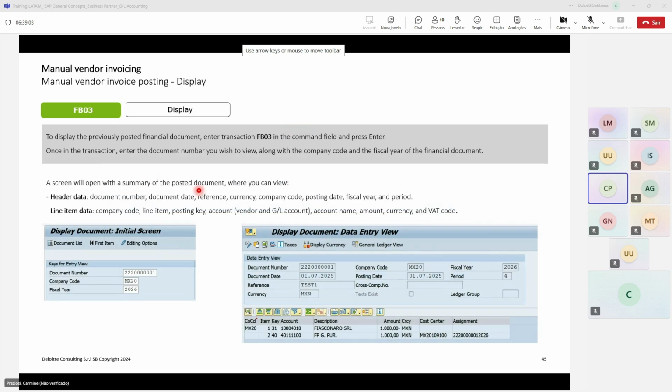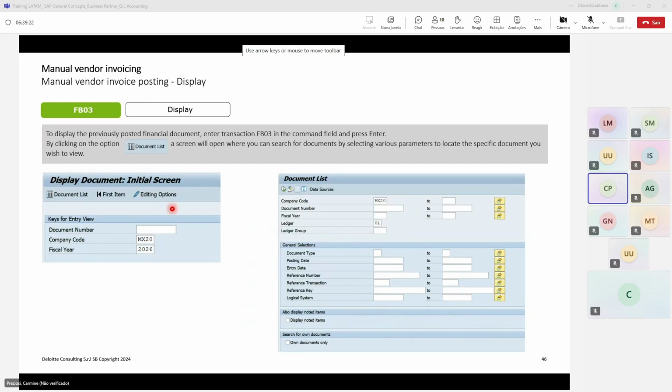After, there is a specific transaction code in order to display the accounting document, FB03. By this transaction code, we have the possibility to retrieve the accounting document and display it in SAP. Of course, we have the possibility to check different documents at the same time by the document list push